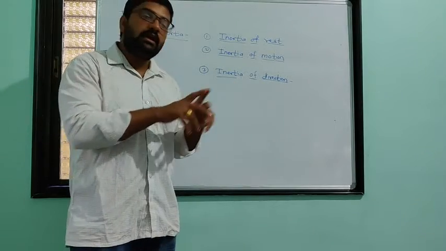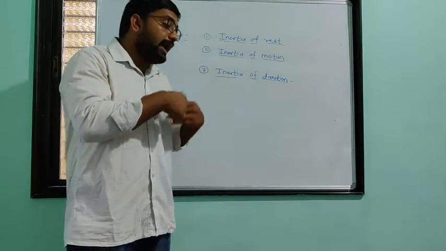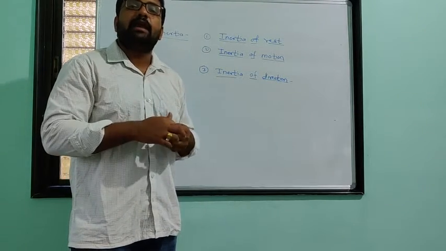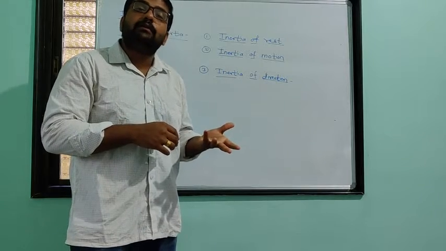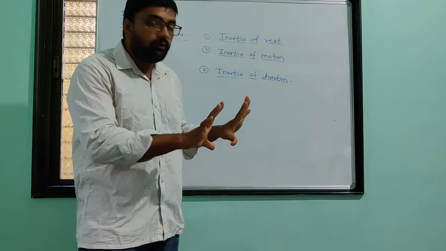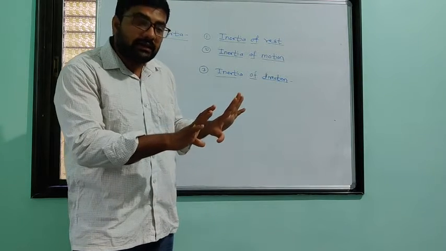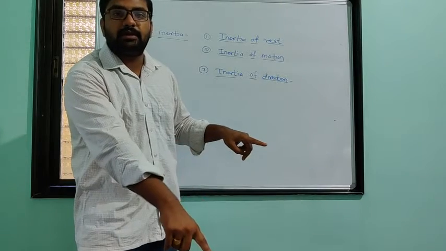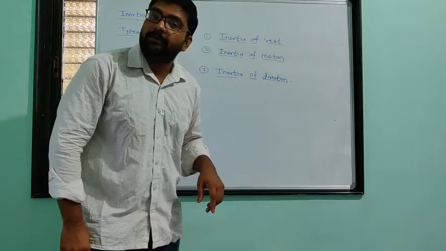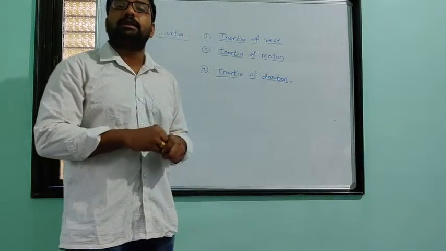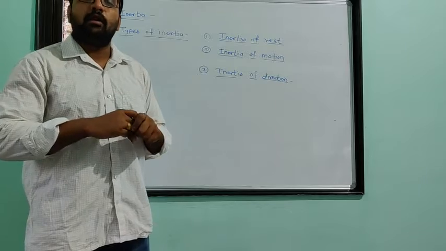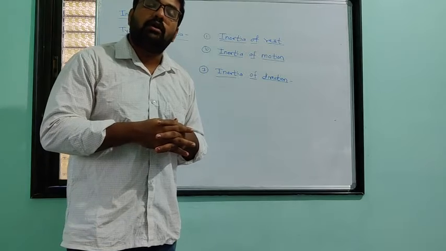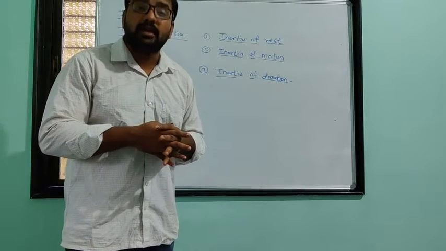So generally, if the mass is more, then we have to apply more force on that object. What is the meaning of applying more force? Simply, we apply more force, and due to that we can change its state. So it resists more as compared to the 10 kilogram stone. So inertia is a basic property that depends on the mass of an object. If the mass is higher, then ultimately the inertia of that body or object becomes higher.